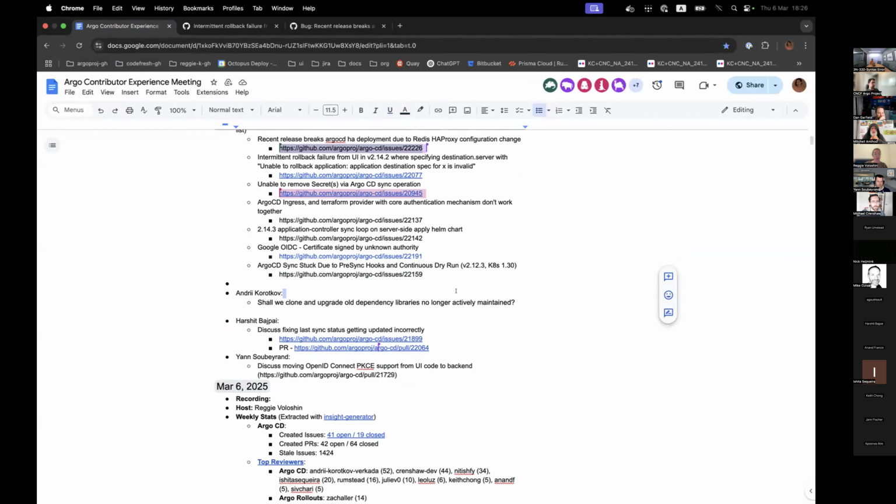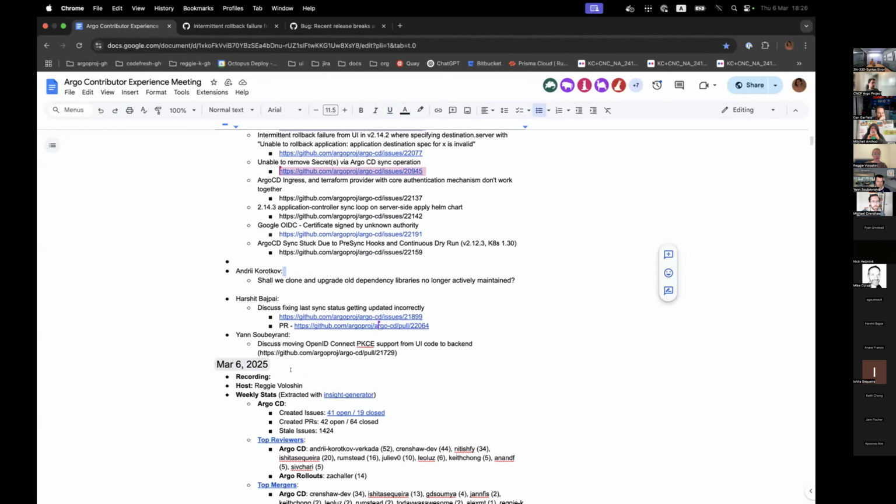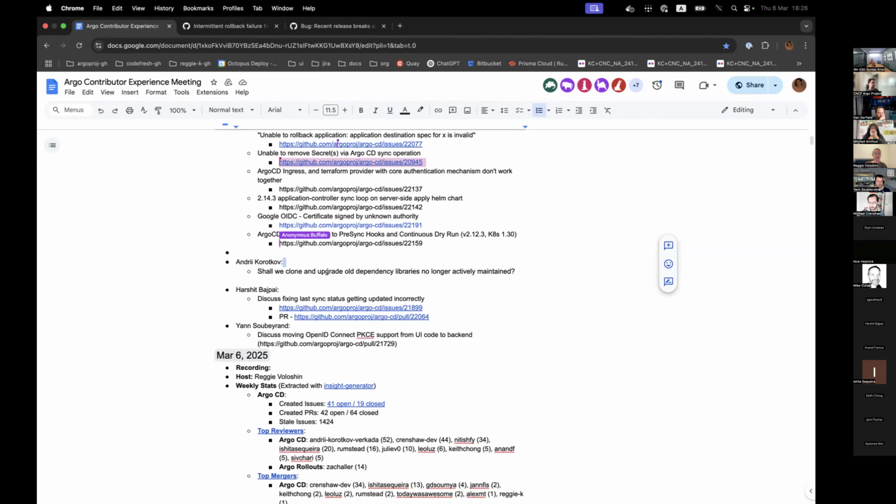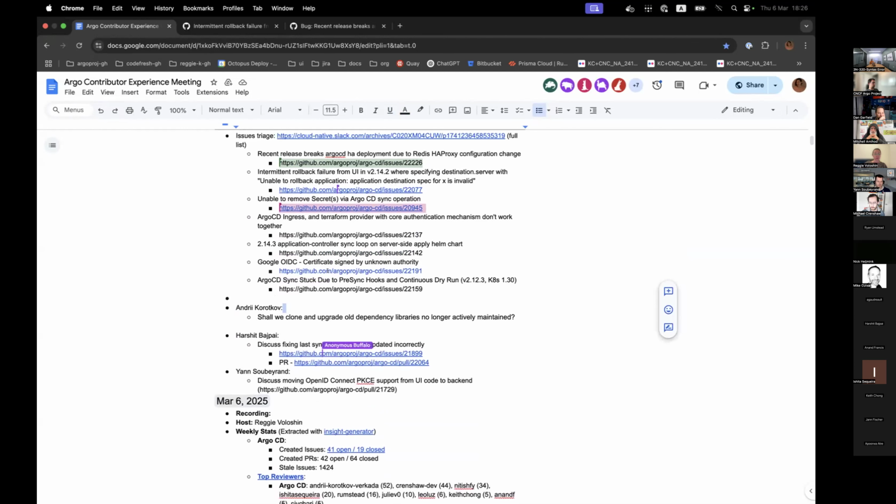Okay, so I suggest that we continue with other items and then we have more time to go back to additional ones, unless there is something critical. Andre, is there anything critical here? I don't think there is anything really critical, like a big regression, but we still ideally need to help people out. I just wasn't familiar with specific areas of this, and I probably would be too slow to dig into each issue.